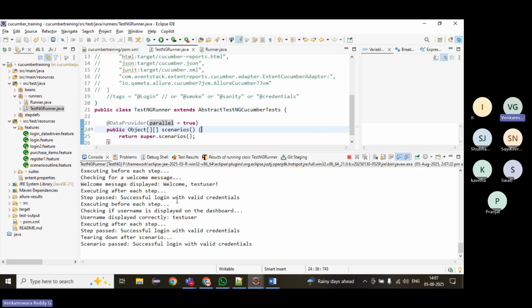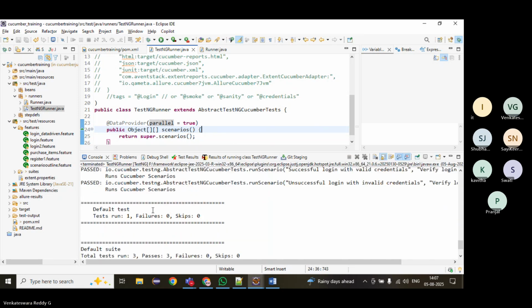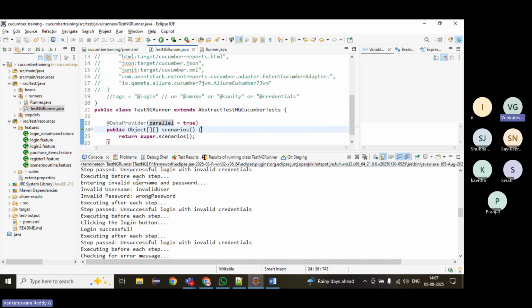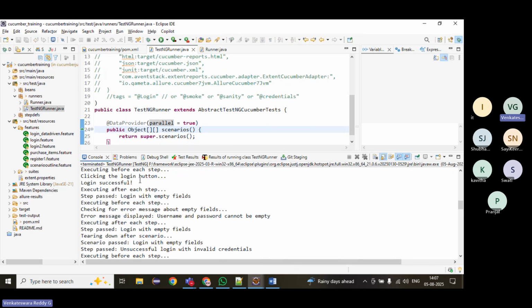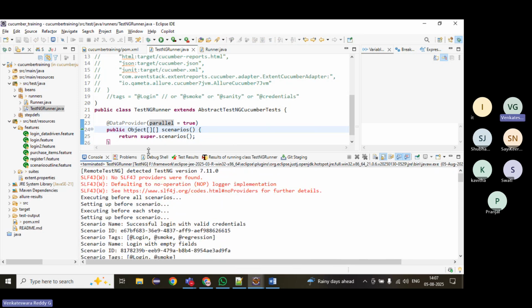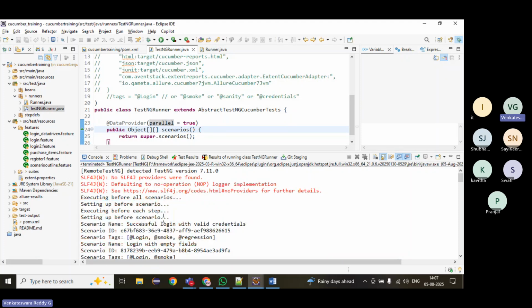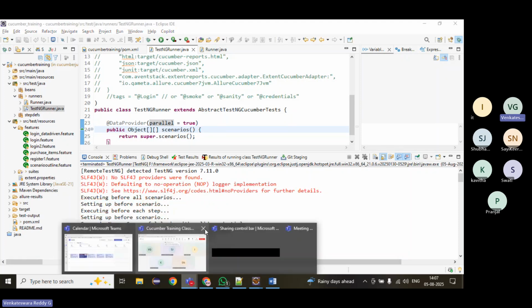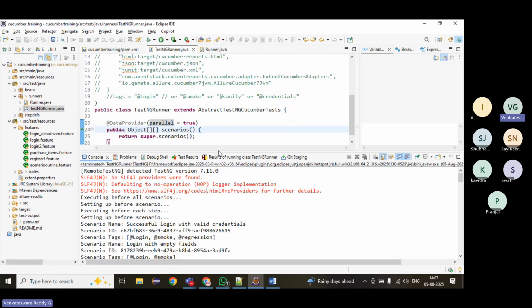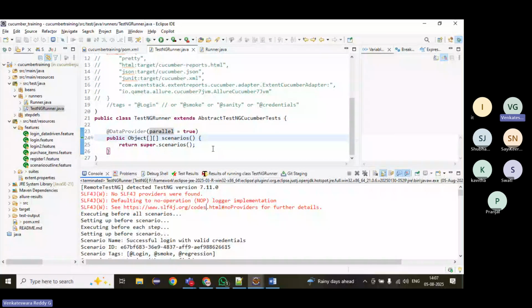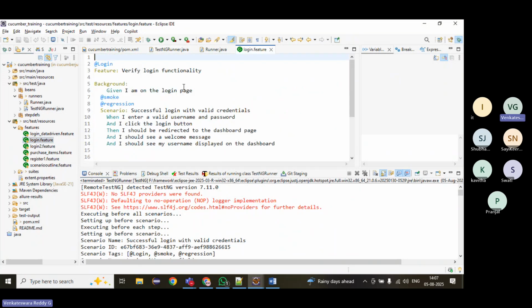Within a very short time, we have to execute. But how will we know whether these things are executing in parallel or not? We have just added a System.out.println, but we are unable to see whether they are executing in parallel. So how will we know? To make sure of that, what we will do is